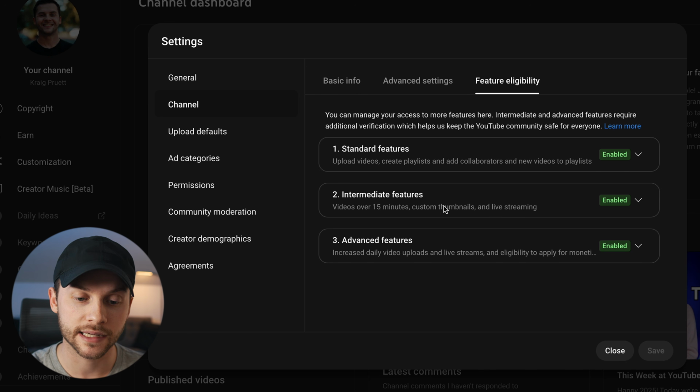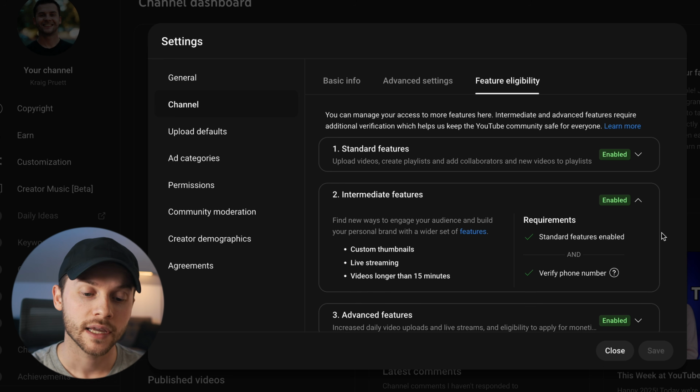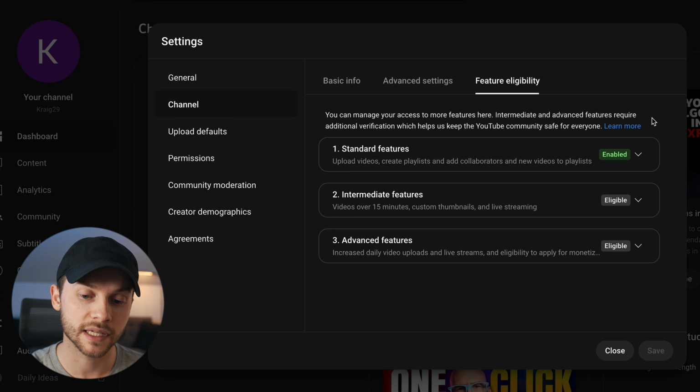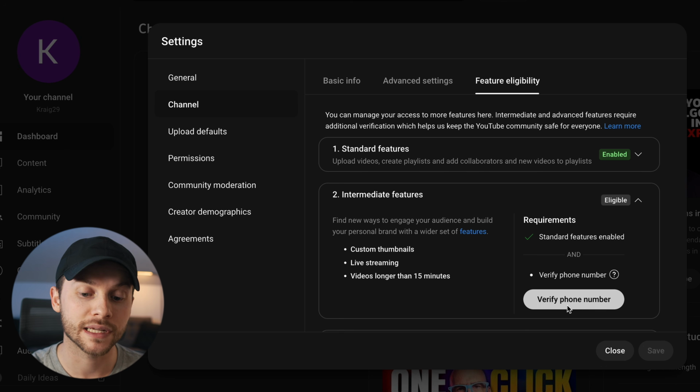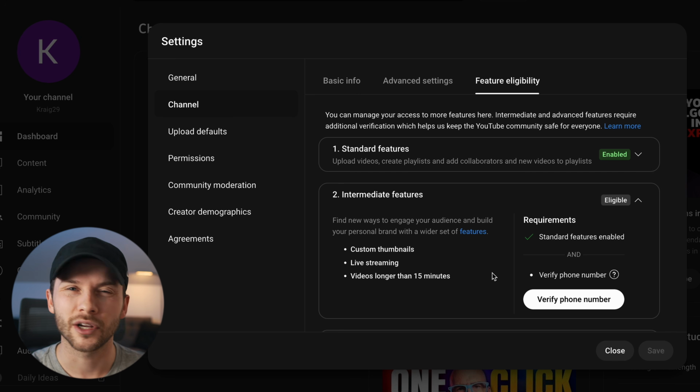And the second setting here, these intermediate features are really important. So you can drop that down and you can see if you've verified your phone number. If you have not, it's going to look something like this. It's going to say that you are eligible, but you haven't done it yet. So you need to verify your phone number, and then that will confirm that you're actually a real person. They try to limit spam as much as possible. So they want to verify your phone number, that you're an authentic person, before they give you the access to